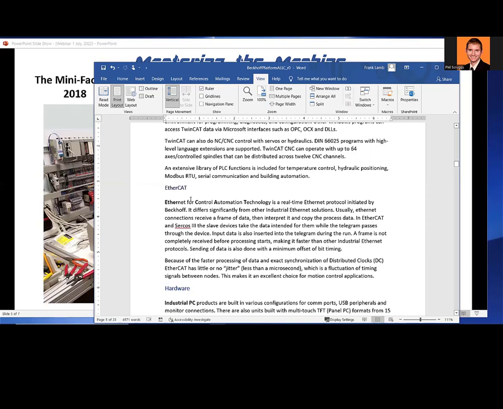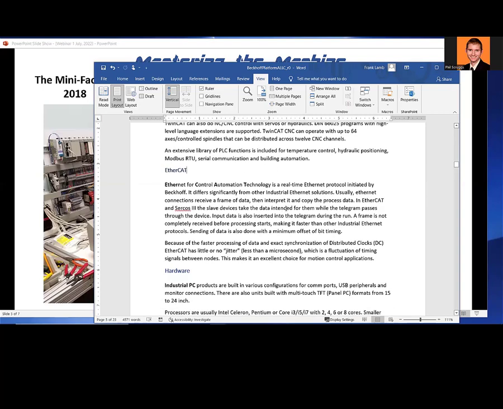EtherCAT itself, a little more about that. That is an acronym for Ethernet for Control Automation Technology. So there's a lot of CAT related things here, TwinCAT and EtherCAT, but it's a real-time protocol. It's very fast, and it is different from a lot of other industrial Ethernet solutions like Ethernet IP or Profinet. Usually they receive a frame and they interpret it and copy the data. In EtherCAT, they don't do that. They take the data that they need, and then they pass the telegram on through the device to the next device. So it's a little bit faster